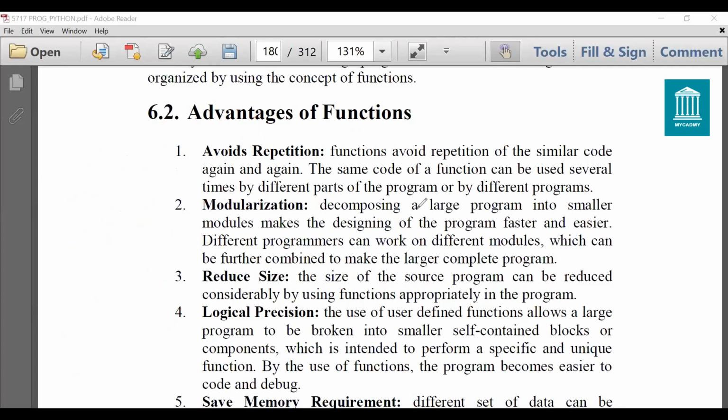That means a large program is decomposed into smaller modules to make the program faster and easier, because it is easier to understand a small block of code rather than writing the same statements again and again in the program and writing large programs. So I already told you, while developing a calculator, you can divide each operation into different modules. Suppose I'm going to design a calculator. Then if it is scientific one also,